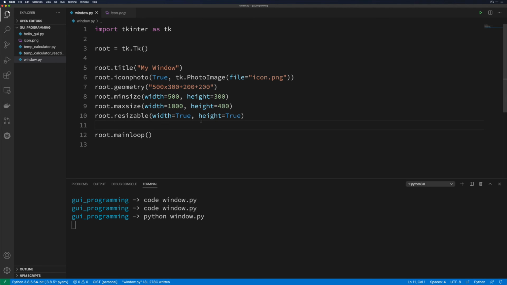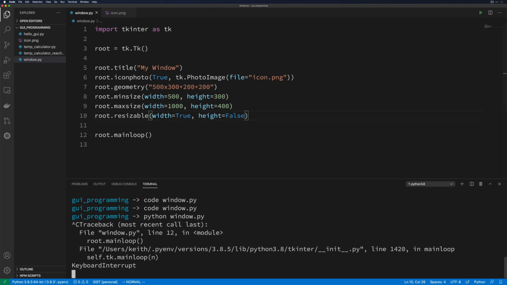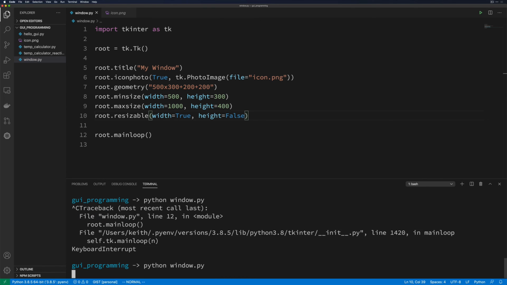But if we came in here and we changed it to where height was not resizable, then we would just simply never reach that. So let's go ahead and rerun this again. And now we can resize this way, but it's not even going to give me the cursor to resize in the height direction there. So this pretty much covers the basic customizations that we're going to need to know how to do when we're working with our windows,